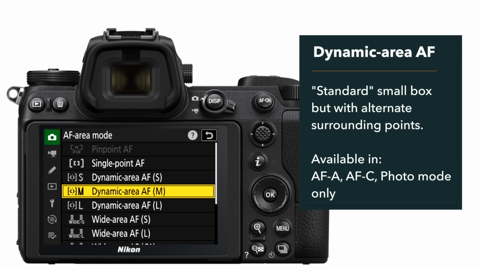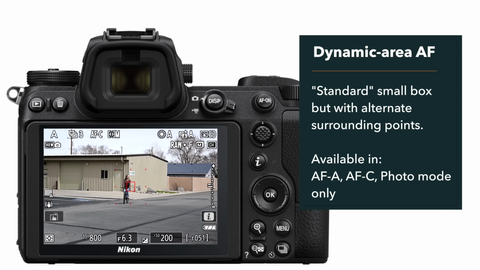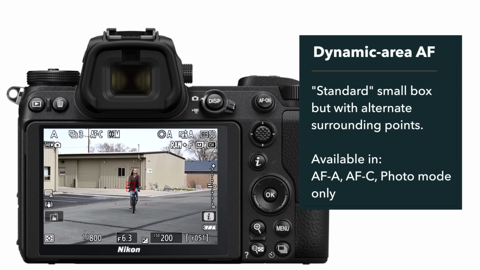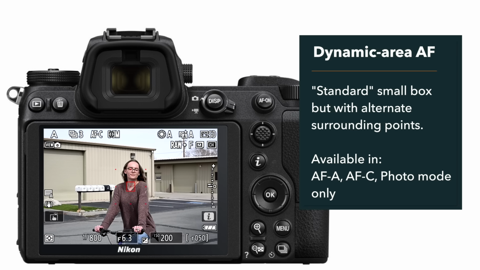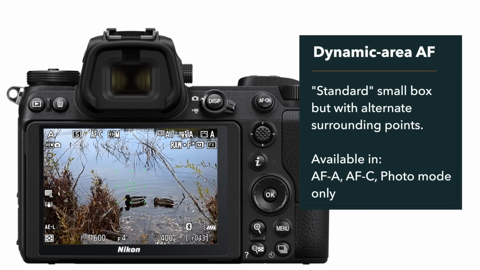Dynamic area autofocus is very similar to single point in size, but then you're also going to see these little points around that box. And what this mode does is, if you have something that's moving, but it's not moving too fast, or maybe it's moving towards you or away from you, so it's not running across the scene, you can place your subject underneath that point. And then if it moves slightly, it moves out of that single point box, then this mode is going to use one of those surrounding points to maintain focus. So just remember that those little dots are kind of like backup focus points if your subject moves out of